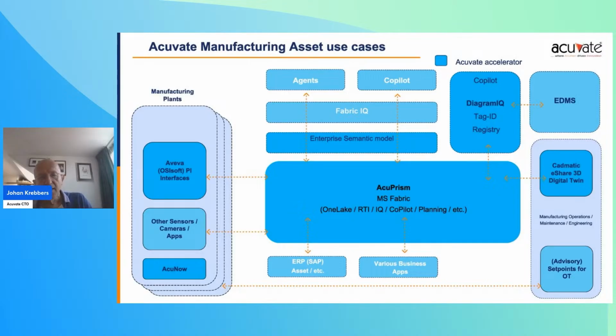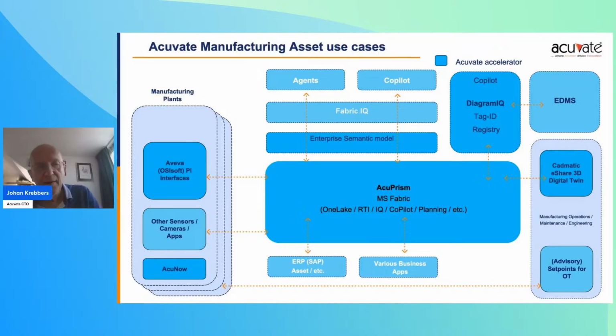That Fabric environment has a clear link to your tech register Diagram IQ, because all the data of Tech ID is stored in your Acuprism Fabric environment. And if we can make the data available, we support 3 digital twins. We support a KDI Cognitwin, a very sophisticated digital twin. We support a Capmatic ESET 3D digital twin. And soon we're also going to support a 2D digital twin called Peanut.io, which is a very sophisticated 2D digital twin. So you have choices for very fast deployment of your digital twin solutions, fully integrated with Acuprism.